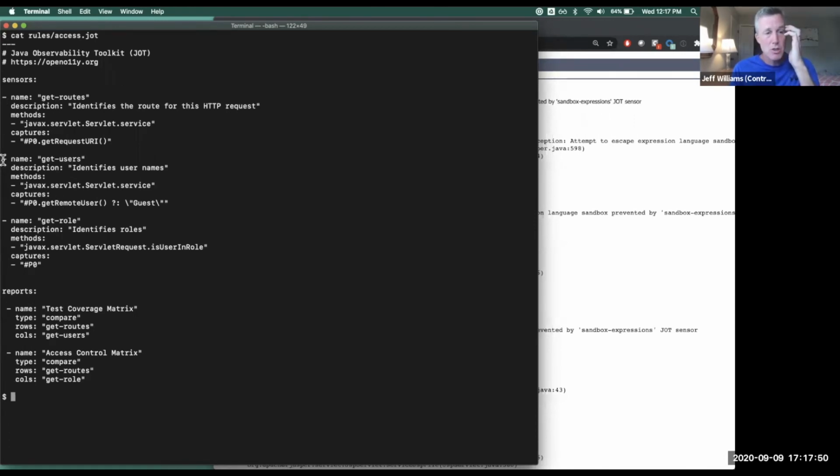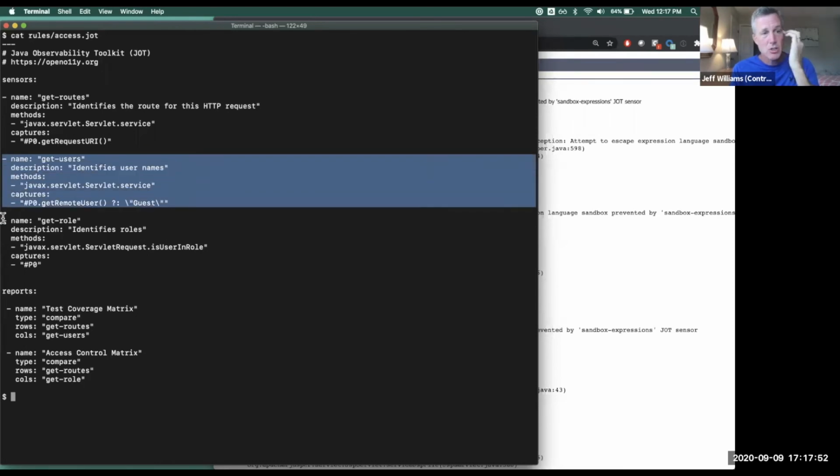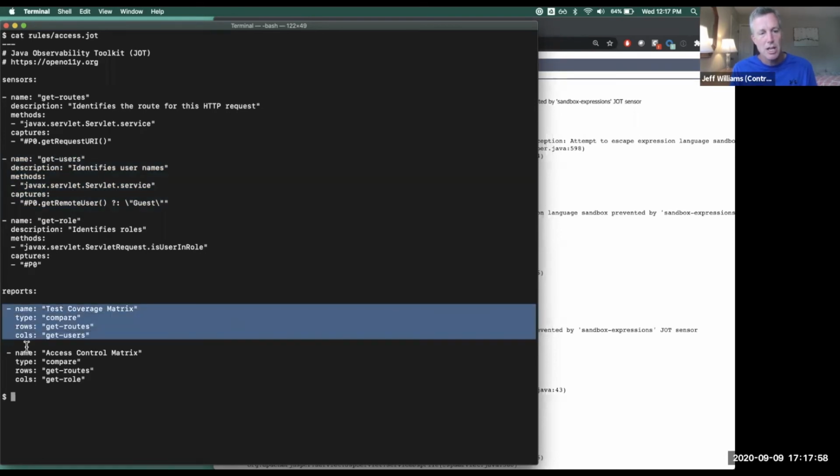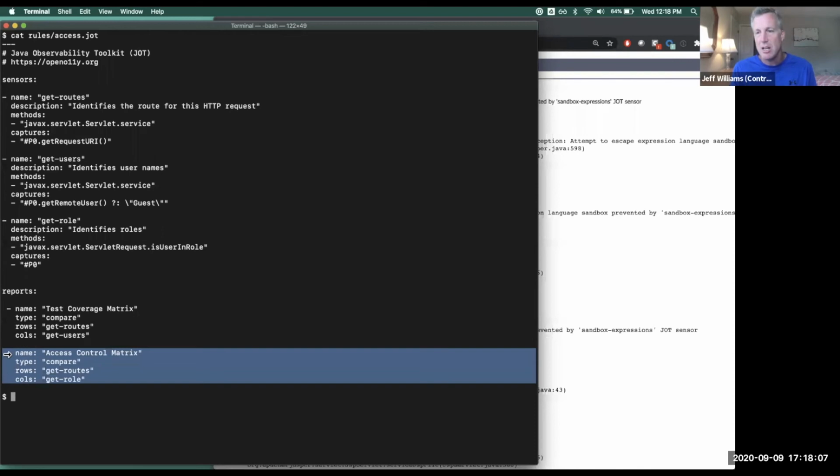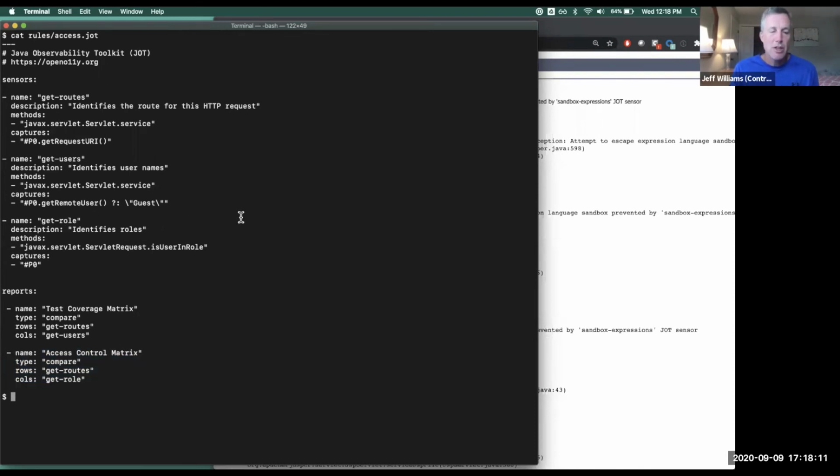If you just wanted the access control piece and not the user and test coverage matrix, you could actually get rid of this and this and just leave this access control matrix piece. And it just compares routes against roles. I think this is a really straightforward way of defining that. So, I think the learning curve is pretty low, but frankly, this is really early days for this project.